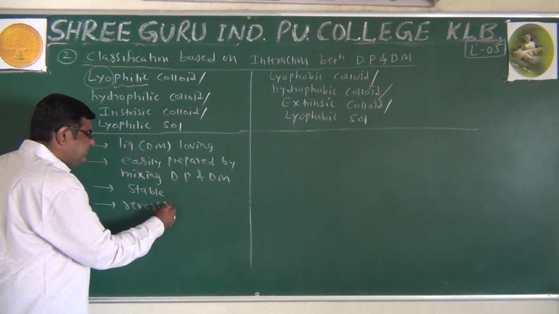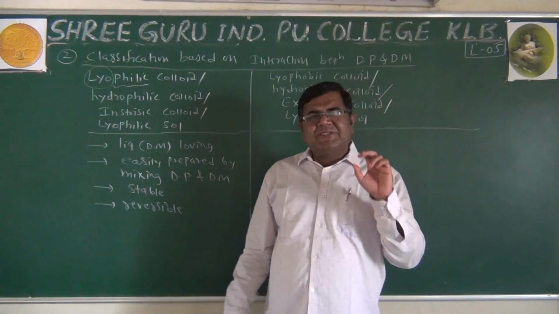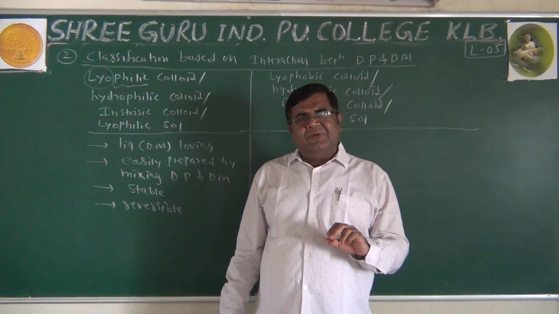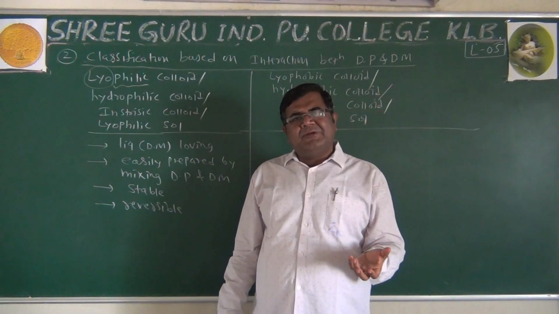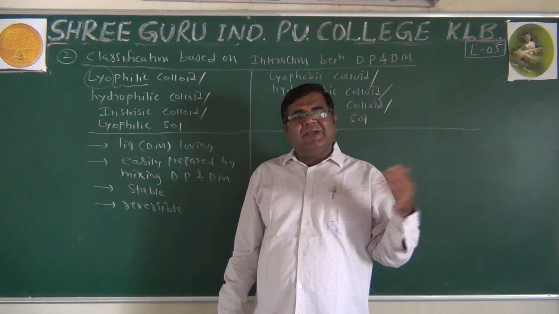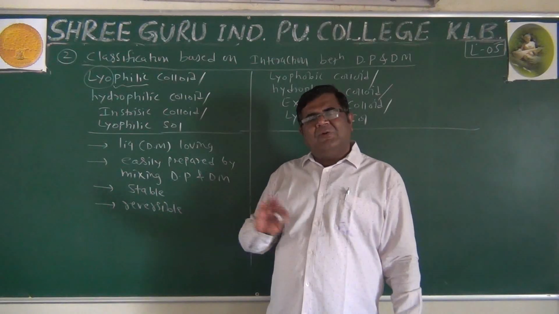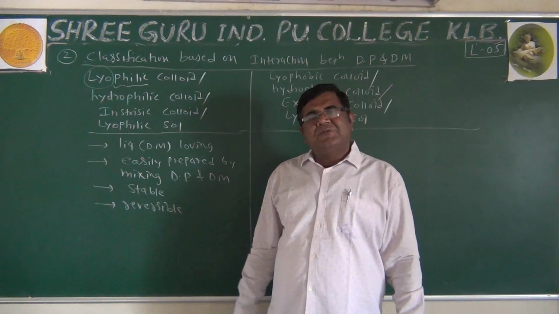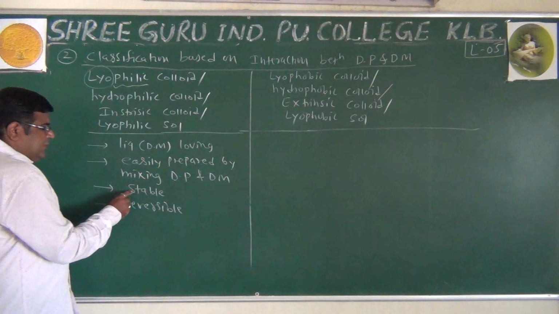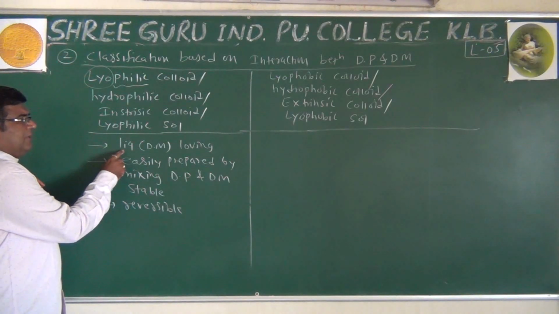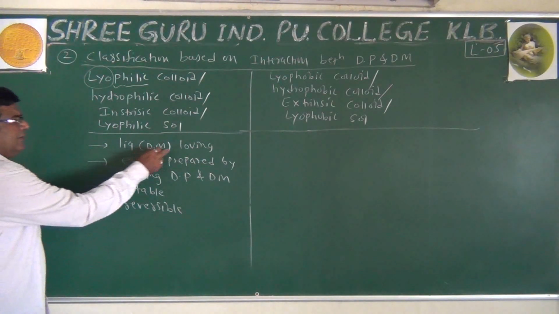It is reversible. What do we mean by reversible? If we take starch, put it into water, and increase the temperature, the water will evaporate and we are left only with starch powder. Again add water, and we get the colloidal system again. So it is reversible. We get back our colloidal system by just adding dispersion medium to the DP. So it is reversible, stable, easily prepared. DP and DM have strong attraction. That's what we mean by DM loving.